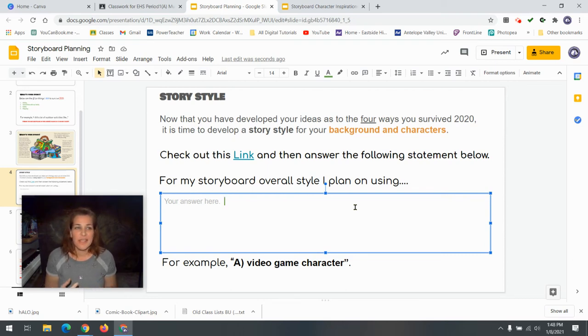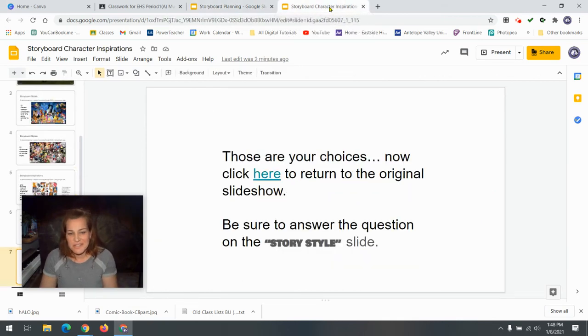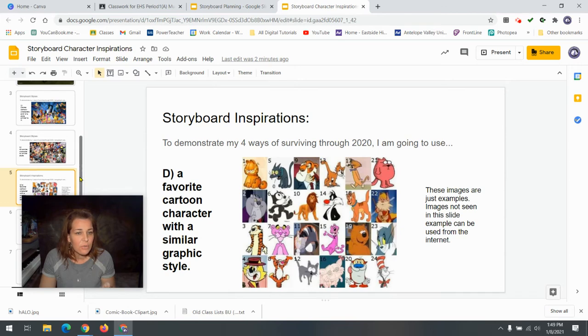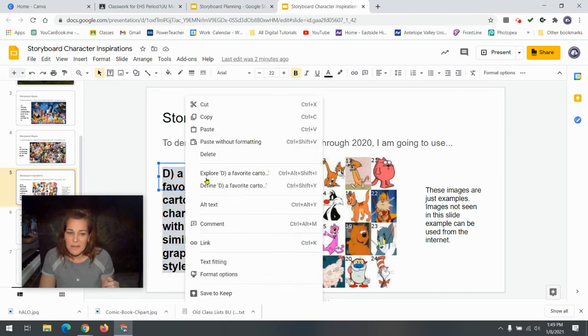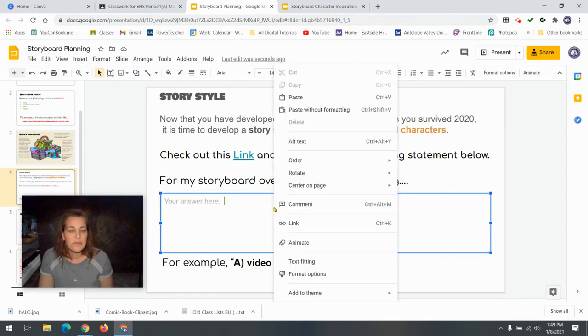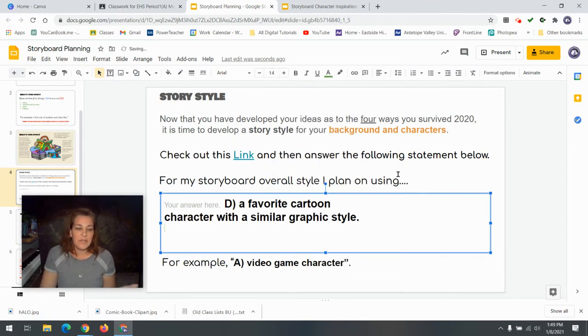And that would not be video game. B was, if you forgot and you have to refer back, just go back to that slide and you can scroll through. Not really a Disney character, not anime. So I'm going to go with this one here, which is D. So what I'm going to do is, instead of having to type it all over, I'm just going to copy it. It's kind of a cheater's way of typing, so you don't have to do the whole thing yourself, and paste. And there it is. I answered the question. That's what I go with. And again, I want to change the color. Just cut it. So I can say that's mine.